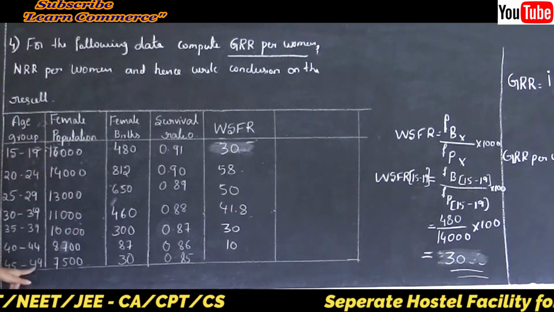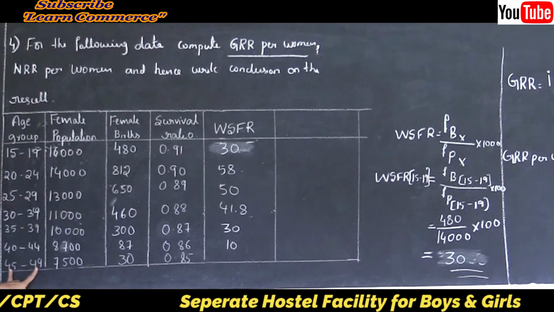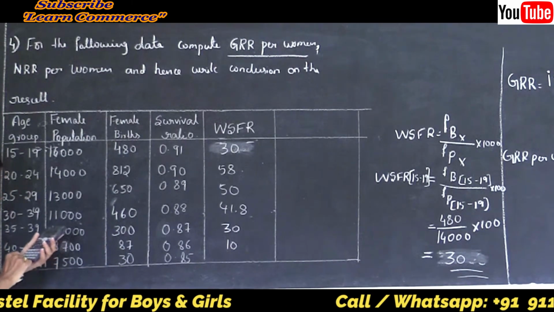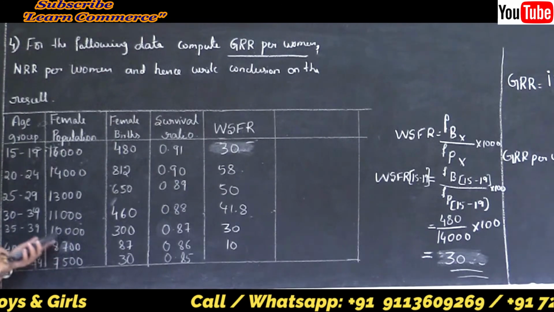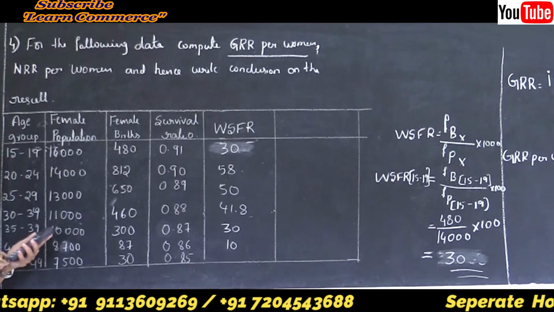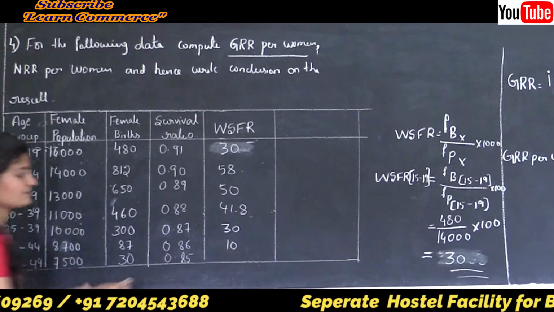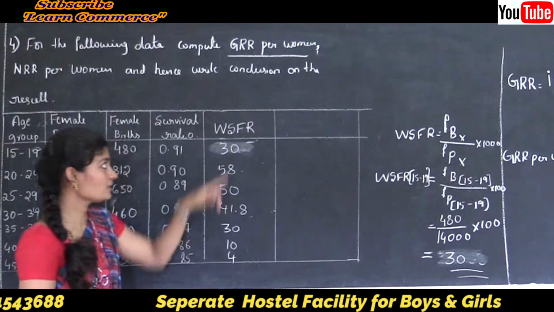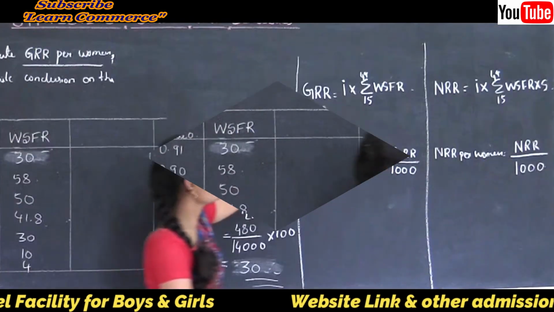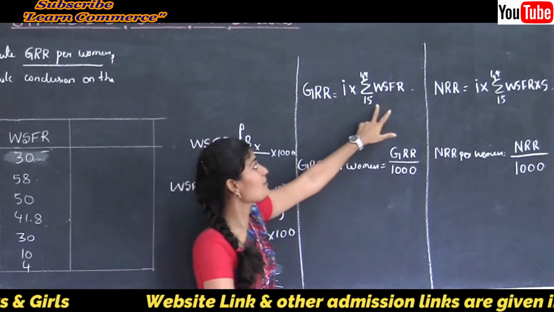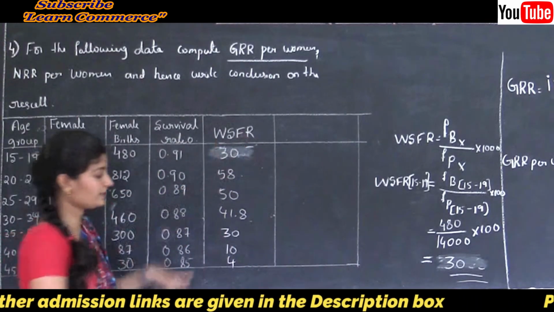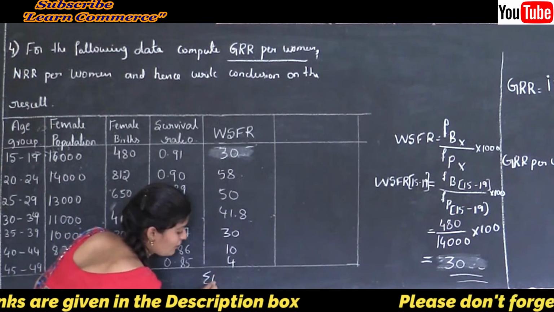We see here next specified year 45 to 49. So here female births are 30 and female population is 7,500. So into 1000, that is 4. Now we got the observations of WSFR. To calculate GRR we need I into sum of WSFR. Here we have the observations of WSFR. Next we need to calculate the sum of WSFR,